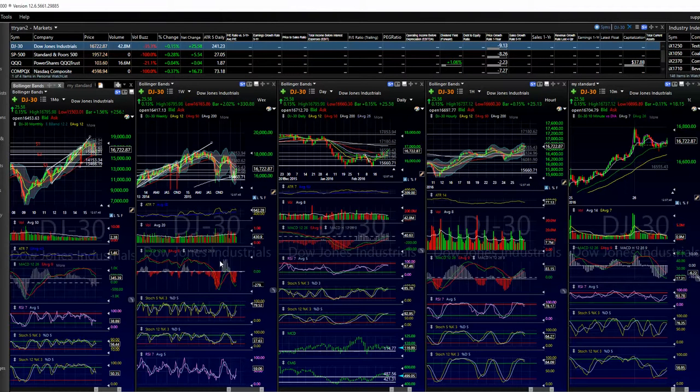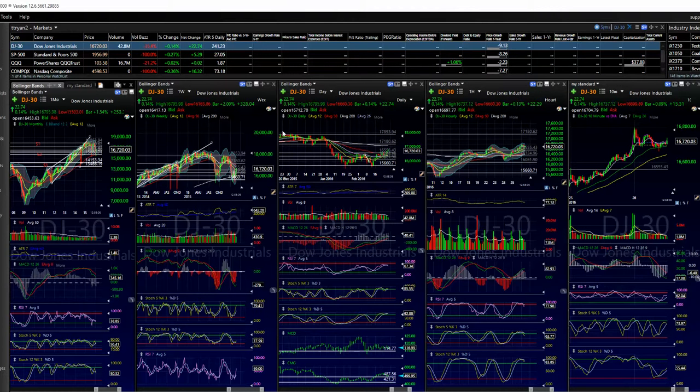So when you keep those separations and you use multiple time frames to analyze your trades, it will probably keep you out of most of the trouble. But today I'm here to tell you it's not going to keep you out of all of the trouble, because the trouble started here, when we looked at this area right about in here. This is on the daily chart.